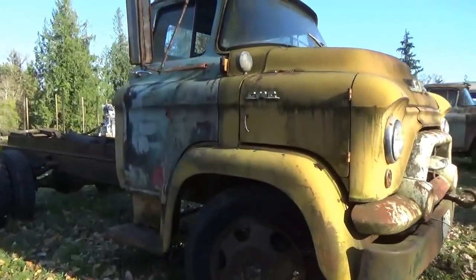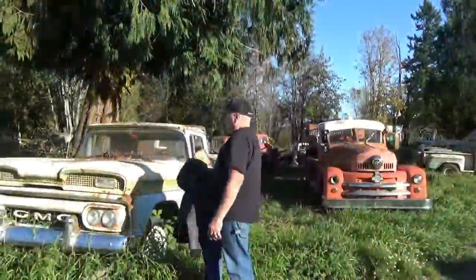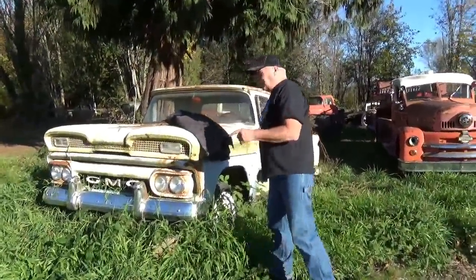Also have another one of these, a 1957 GMC low cab Ford that's out where we got Humphrey. Is that his name? Humphrey? Yeah. '57 that's in pristine condition. Really nice. This is a 1960 GMC